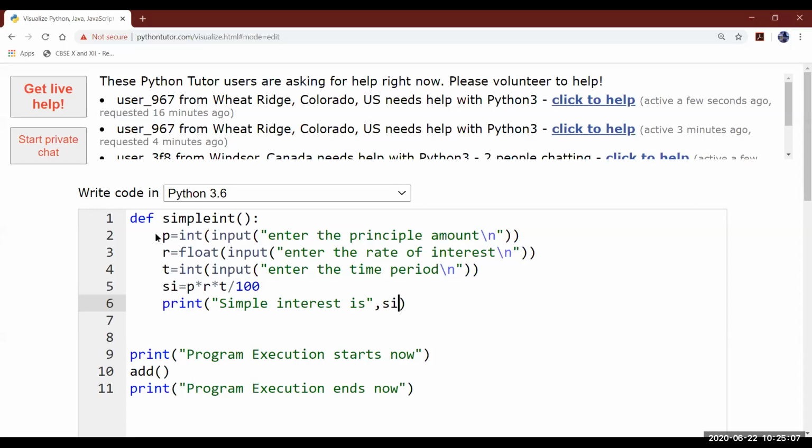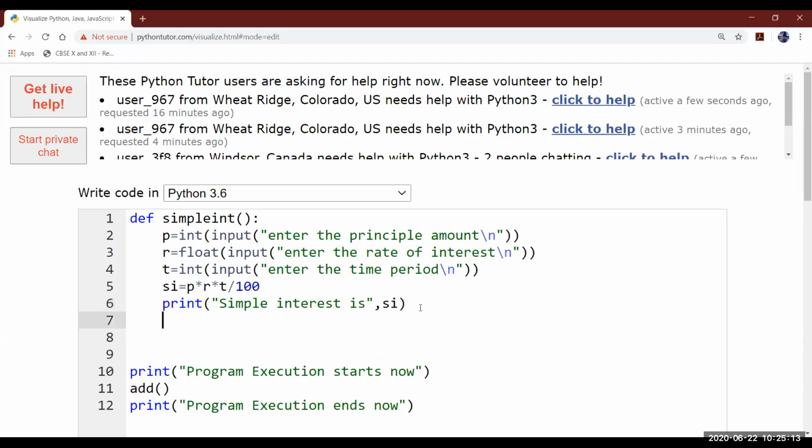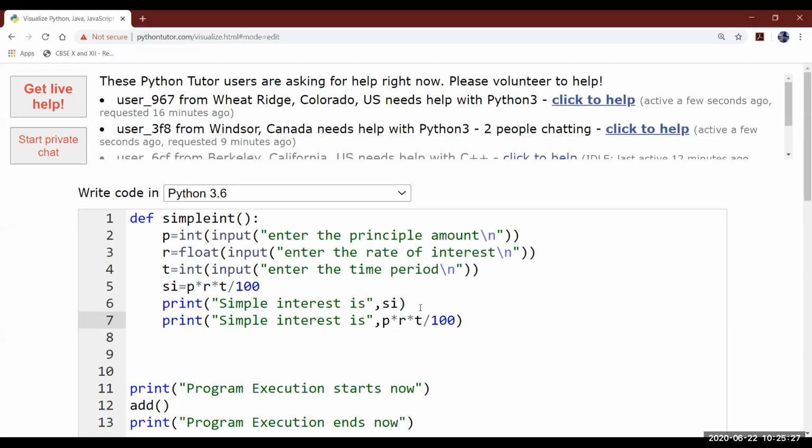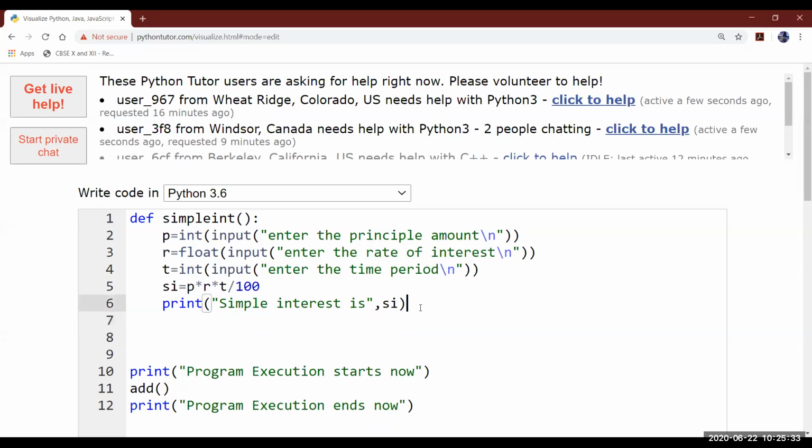Now some people may find it in this manner, like a few students write the formula directly in this manner. It's their wish. They can write the formula directly over here. कोई problem नहीं है बेटा. You can write the direct formula. It's up to you. If you want to do it in 1 line, 2 lines, 3 lines, that is your headache. Nobody is forcing you in this subject. You can choose your own method. Fine. I'm just writing it for your sake. Okay.